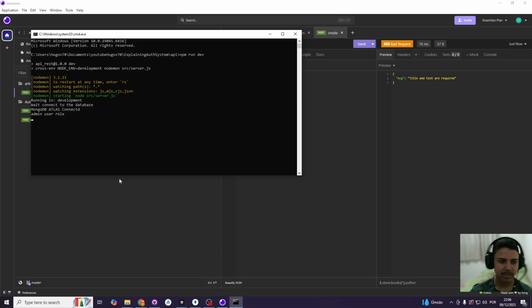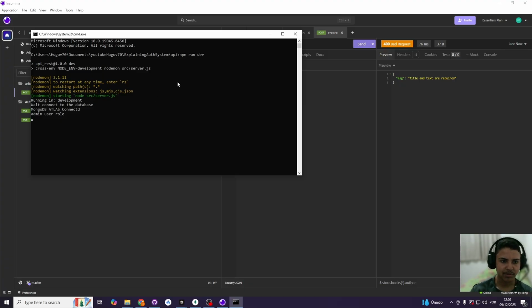In my database it's a standard user, but in the token it's admin. Then the user will have 7 days with admin permissions, even though in the database we changed his role